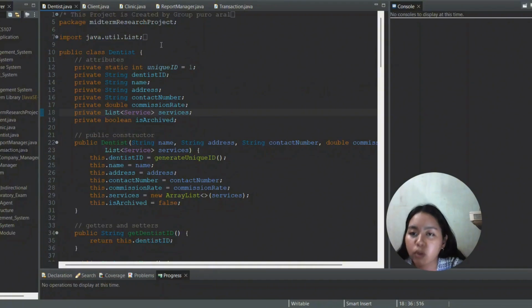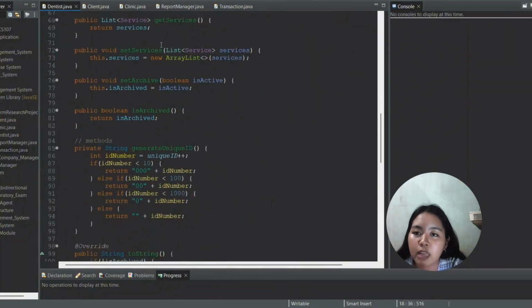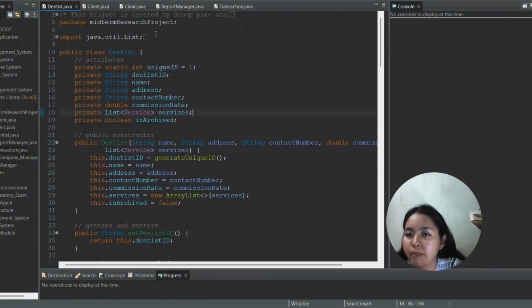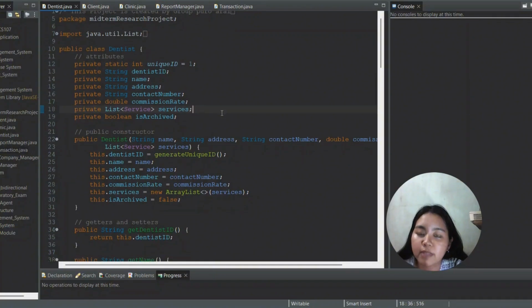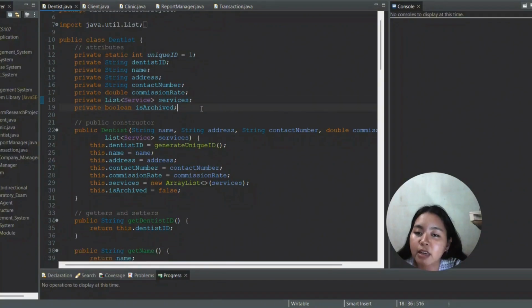Let me walk you through the code in the dentist class. In the dentist class we have attributes: the unique ID, the dentist ID, the name of the dentist, its address, contact number, commission rate, and a list that will be a container of the services available for every dentist. We also have a boolean, is archive.